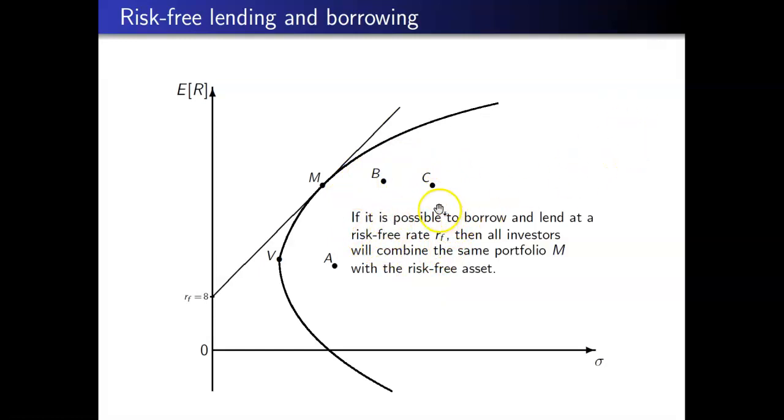So what should we do if these are all the risky possibilities we have access to? Well, among all these possibilities, we should select the one with the highest Sharpe ratio, and this is the portfolio we should combine with the risk-free rate, giving us access to all the combinations on this line here. Okay, and I'll continue this in the next